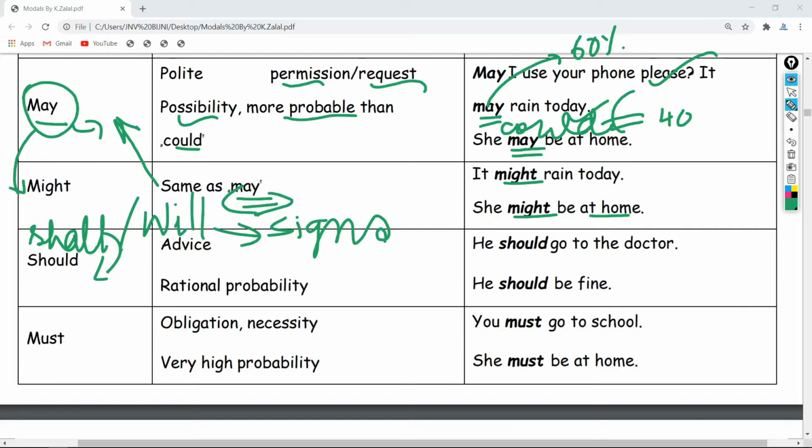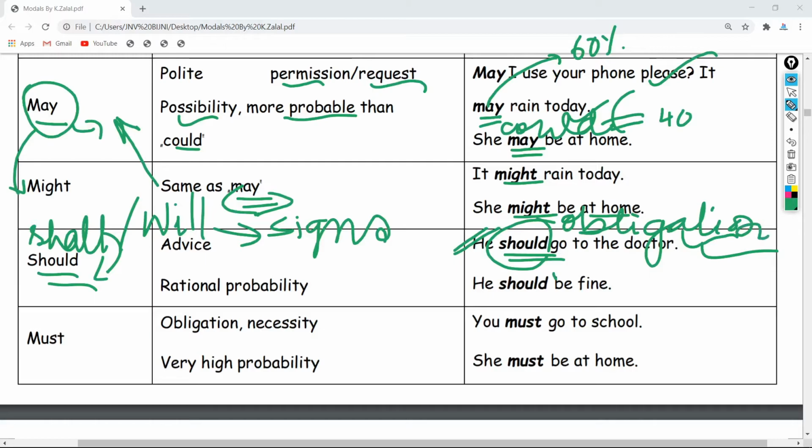And when there is the past form of shall, it will be should. Normally this should is used in the case of obligation. Obligation means he should go to the doctor. He should go to the doctor as he is ailing, as he is suffering. Therefore, he should go and consult the doctor. It is somewhat an obligation